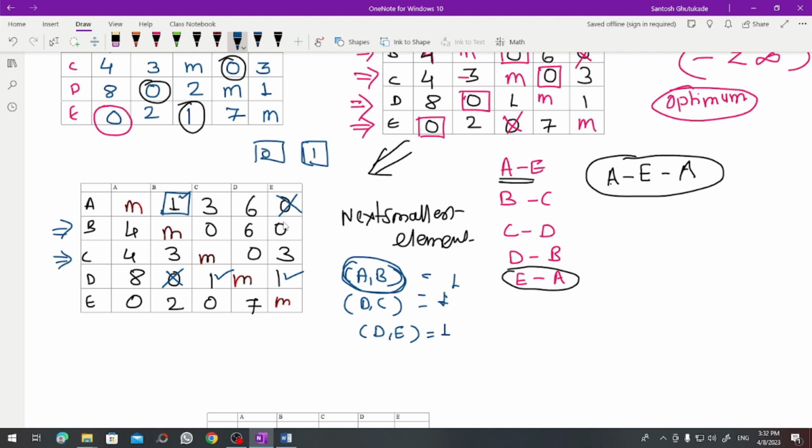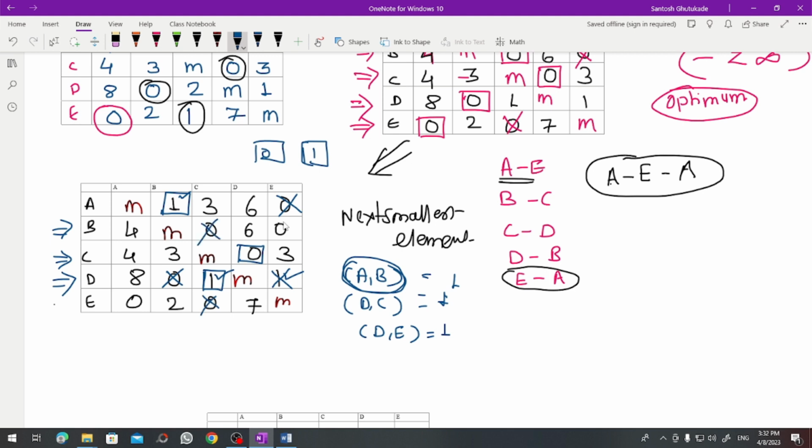In the third row, only one 0 is there, so we will give the assignment here and we will cross the zeros in that row and in that column. In that row and in that column there is no zero. Then coming to the next row, row D, here there is a 1 at two locations. I will start first with this one, and if the problem does not get an answer, then we will go for the other location. So here I have given the assignment. Now I want to cross this 1 also, as well as the 0 in that column. So here we will cross this 0.